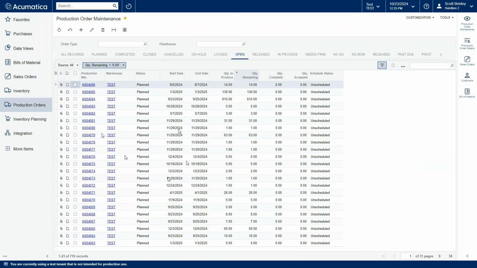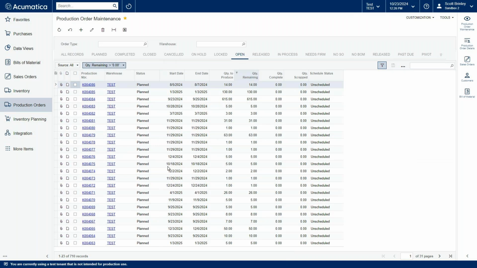And so in this particular case, we have a whole list of production orders. And we might say, well, I want to do the oldest production order first, or the oldest sales order first, depending on how you're linking those together. And one of the best ways to determine that, and one of the best ways for a business event to be set up, is to drive it based off of a GI, because you have a lot of control over